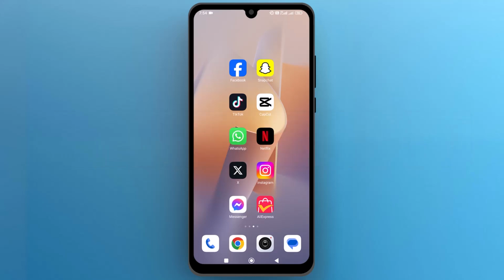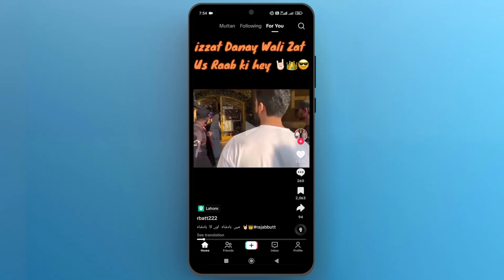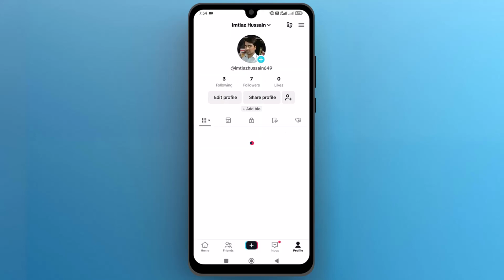First of all, let's navigate to the TikTok app on your phone and tap on its icon to open it. Once the app opens up on the screen, from the bottom menu bar, tap on the profile icon. Once you are on the profile page, from the very top right side, tap on the three horizontal lines and